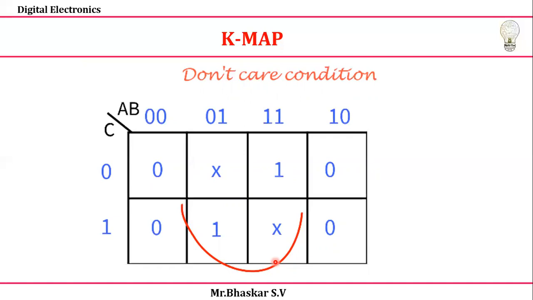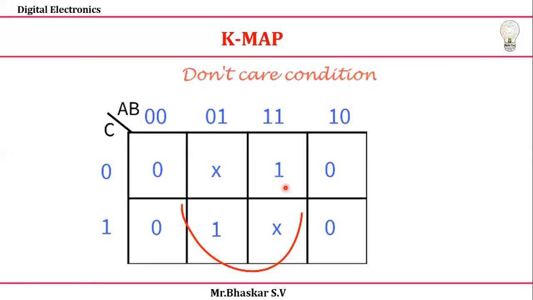So when it comes to an SOP form, this x we are going to consider as a 1. When it comes to a POS, this x we are going to consider as a 0. Because if x is required, if it is definitely useful for my grouping, then we consider it as a 1 and easily we can group. Because if you're looking for a maximum group, the number of product terms will be reduced. Our main intention is that only, right?